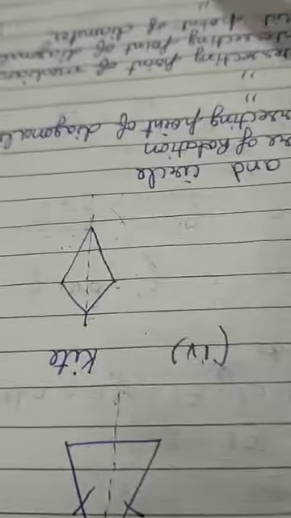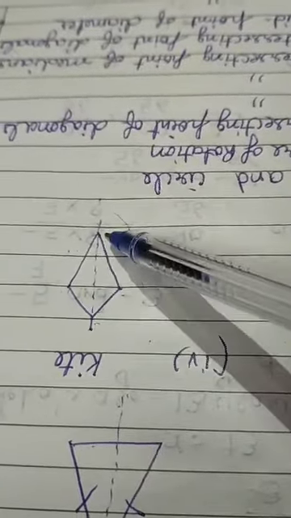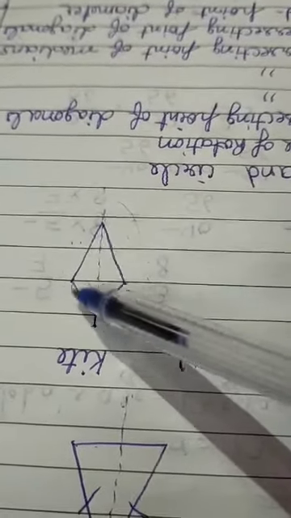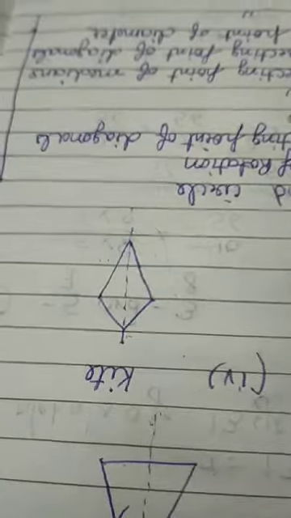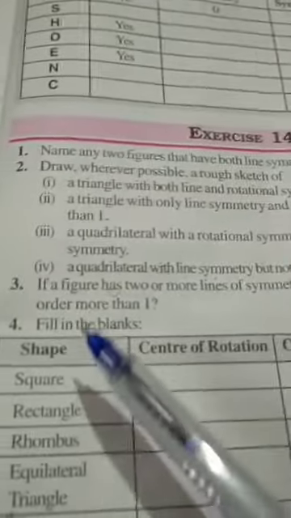So like check it. Is it rotating or not? No. Look at this. The top sides are coming big, but I told you that the top side should be smaller. So this has no rotational symmetry. It has only one line of symmetry. Now class, the next question is the third.